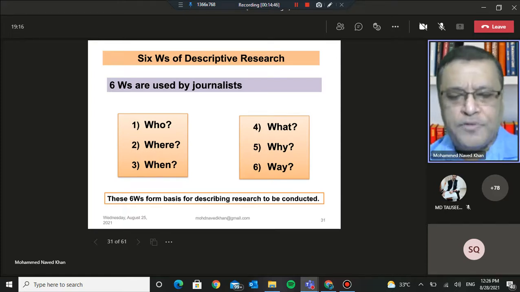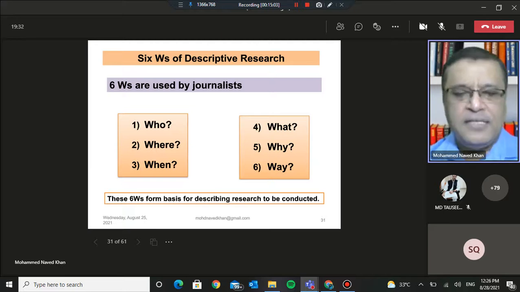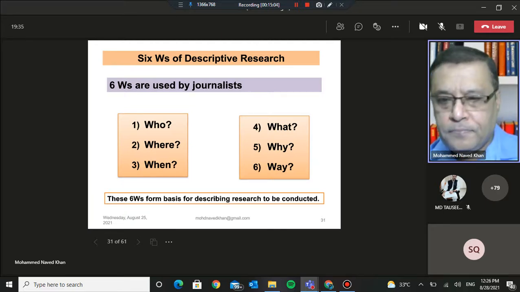But remember that the way in which you are going to obtain the information from the respondents, you have to be clear about it right at the design stage. You have to be clear about it before we proceed further, because once we have crystallized things, it becomes very difficult for us to go back and change that methodology.